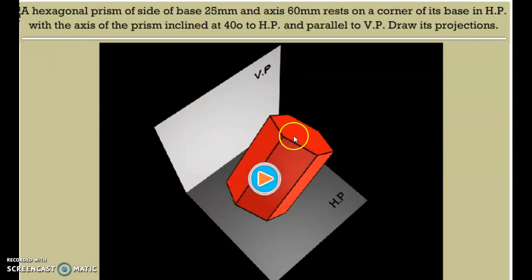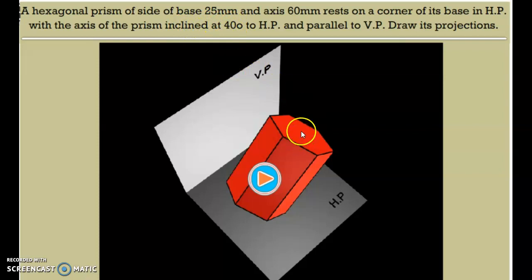So this is hexagonal prism. It has 6 sides, and this is the hexagonal prism. Our hexagonal prism rests on a corner of its base. So it's resting on one of its corner on HP. Okay, so this is a horizontal plane and this is our vertical plane. So it is resting on one of its corner on HP, and with the axis of the prism inclined to